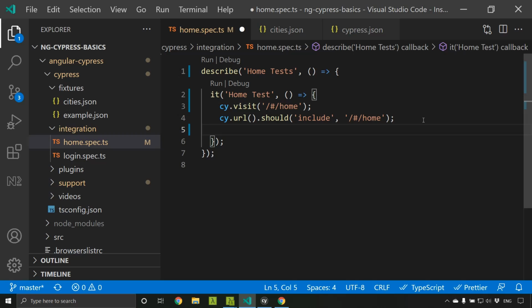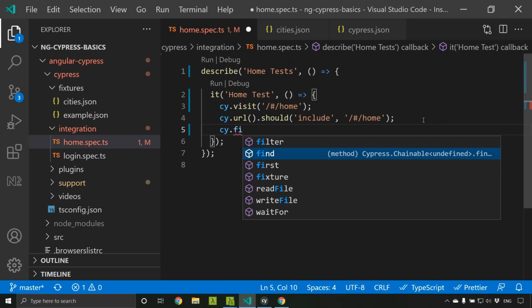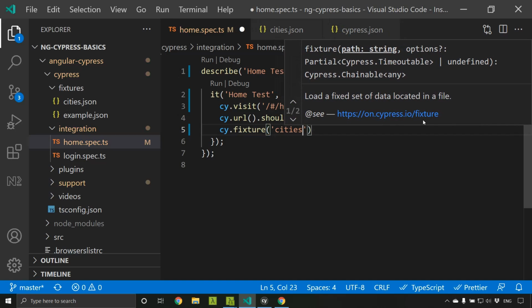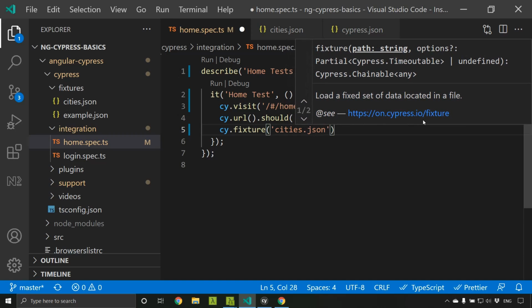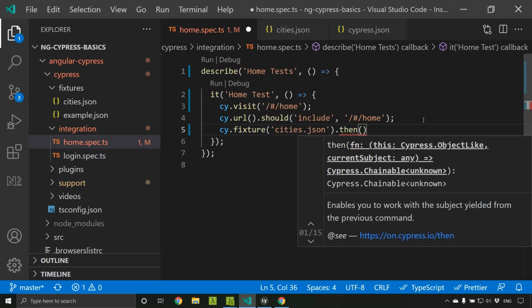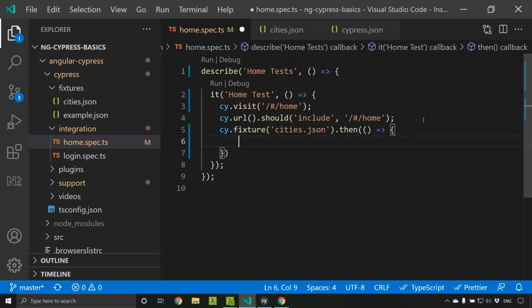For that, we have a command called fixture, and within that we can give the name of our fixture. Once the command is executed, we can access the data within the JSON file using a then. Here we will be getting the cities from our cities.json.